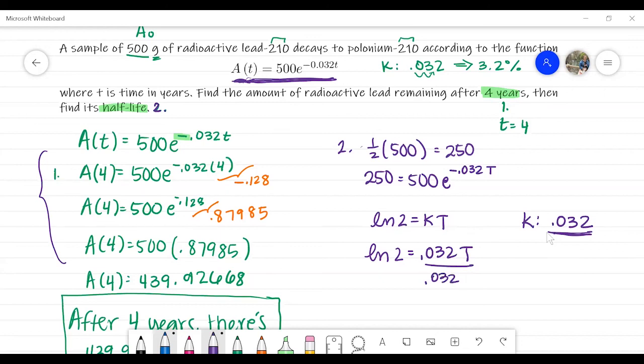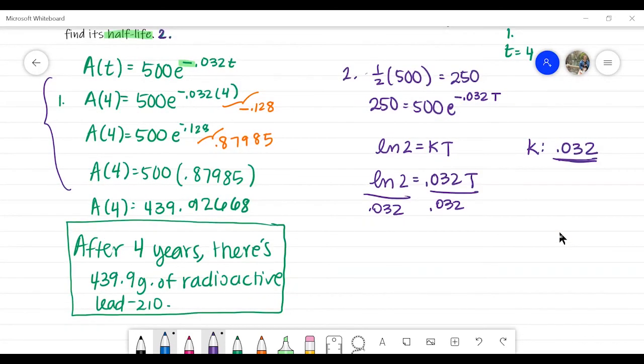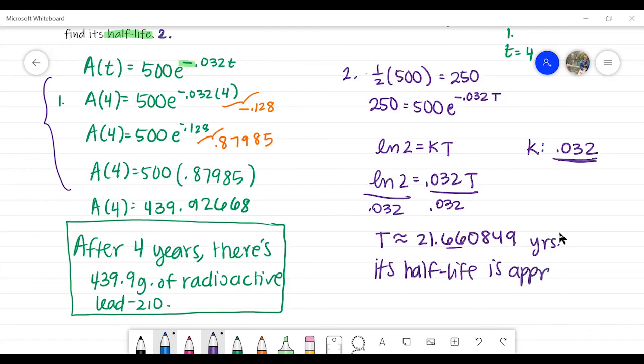Divide both sides. Throw it on a calculator. And you end up with T is approximately 21.660849. This is measured in years. I'm going to round it again. I'm going to take 2 decimal places. We've been taking 1 decimal place. So its half-life is approximately